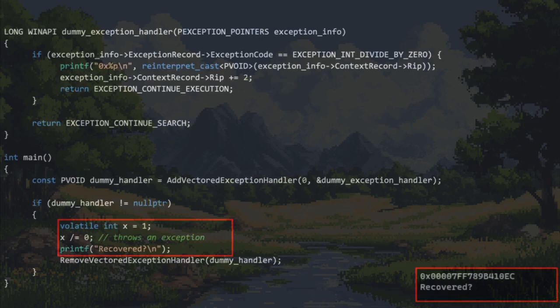These handlers can either return EXCEPTION_CONTINUE_EXECUTION, which means they've successfully dealt with the exception, or EXCEPTION_CONTINUE_SEARCH, which means it's going to continue through the next exception handler, traversing the linked list and looking for a handler which can successfully handle the exception. If no handlers can handle the exception, then the program may crash, if it can't be restored in